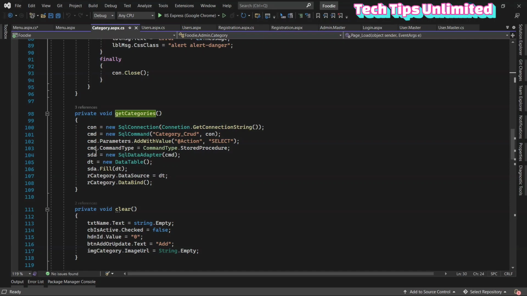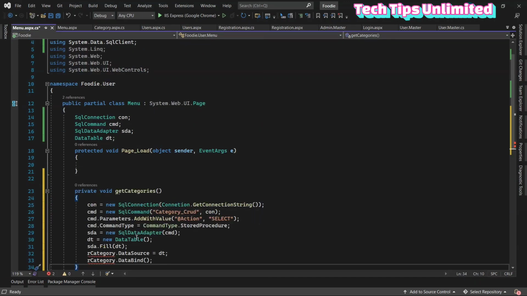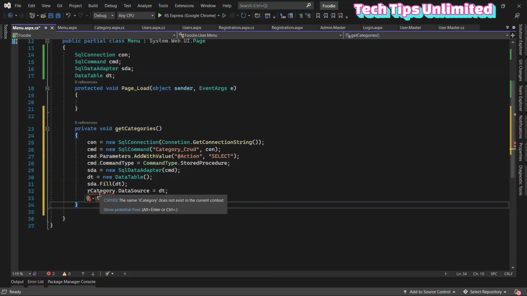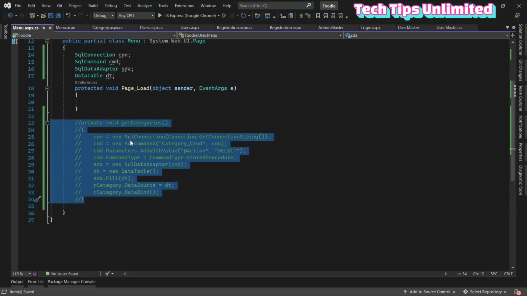We're going to copy the code from here and paste it here in our menu page, to change the repeater control id. Sorry, we don't want this category, we want the product. For now we want to comment it out, but further on we're going to use this function also, so that's why I'm not going to remove it. Let's comment it out for now, and let's go to the product page where we're going to find the function